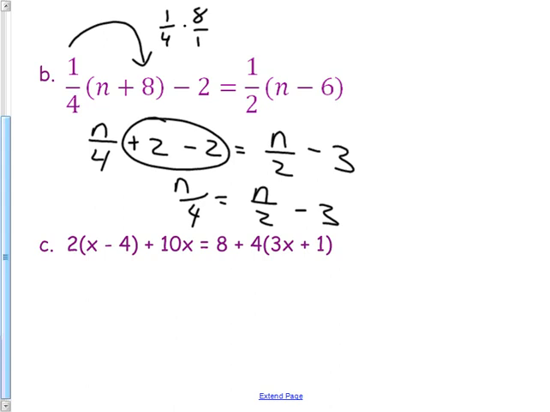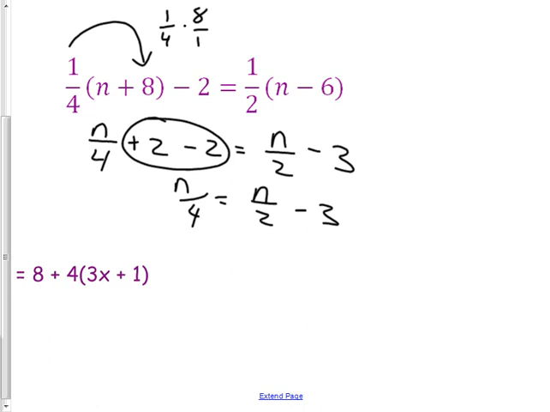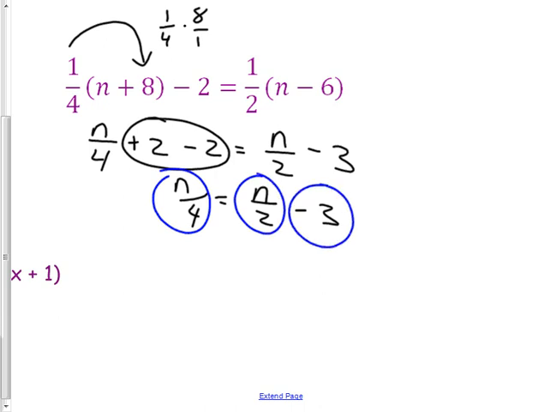Now I know a good calc teacher, Mrs. Hersman, her favorite way of doing these is to, I'm just going to move this off to the side, is to clear the fractions so that there aren't any fractions anymore. How can I get it so that if I multiply by just one number, there won't be any fractions in this anymore? Multiply by something, not n. If you multiply everything by 4,